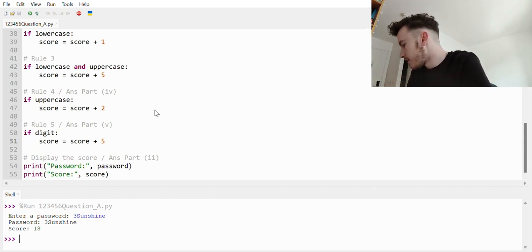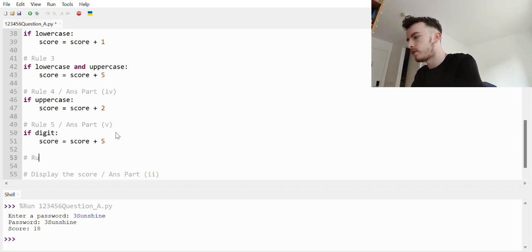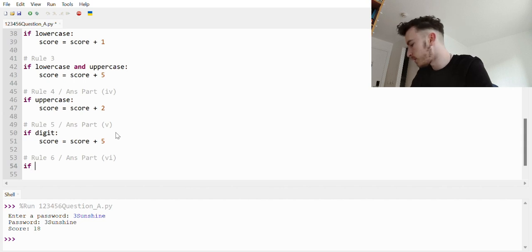Part 6 says implement a new rule, rule 6. So the score is increased by 1 point if the first character of the password is a digit, 1 point if the last character is a digit, and 2 extra points if both the first and last characters are digits. So, rule 6, answer to part 6. Okay, so what we're going to do here, so if password